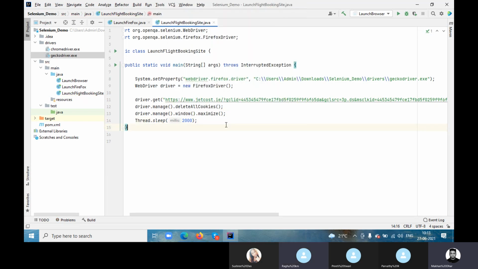That's it. Okay, so let me write one System.out.print. You have to close this window, no? No need to add that one. Sorry, driver.close, after that. No, I will not close that now because I need to do other activity, right? Okay, fine. So I'm saying launching web application. This is the launching web application. So I'm giving 2 seconds wait till the time the browser loads.